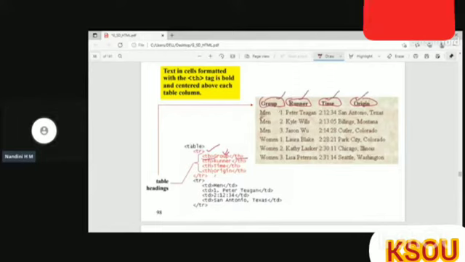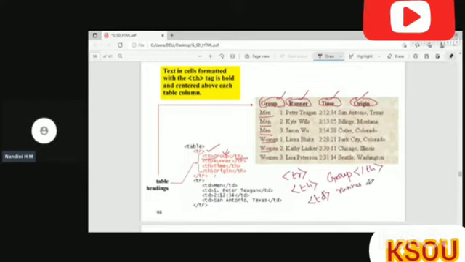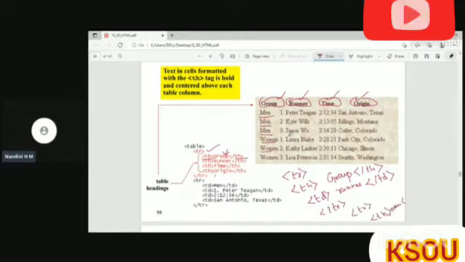Suppose I wanted this to be a header. I have to create a table row, then a table heading, the first heading is group, then close TH. Then you write the table data, runner, and close this table data, and then close the first row. Again in the second row, I have to make men the header. So for each row, if I want to make it a header, soon after the row creation, we have to use TH.